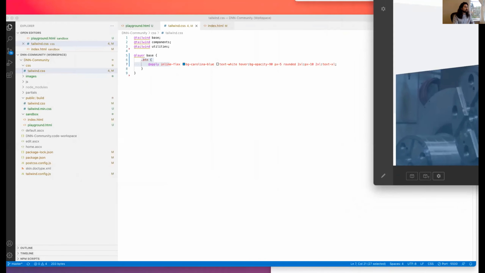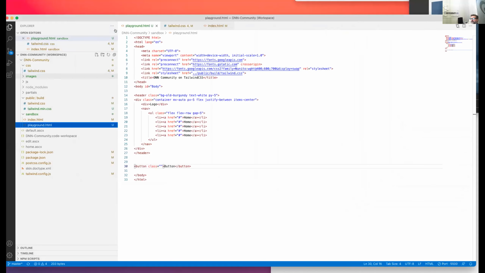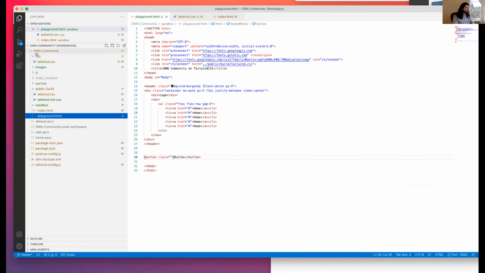Yeah, so my typical workflow looks very similar to this here. You'll see that I actually installed Tailwind right into the skin folder. I have it set up in a really simple way where I'm literally just working in what I call a sandbox folder, and it's just an HTML folder.